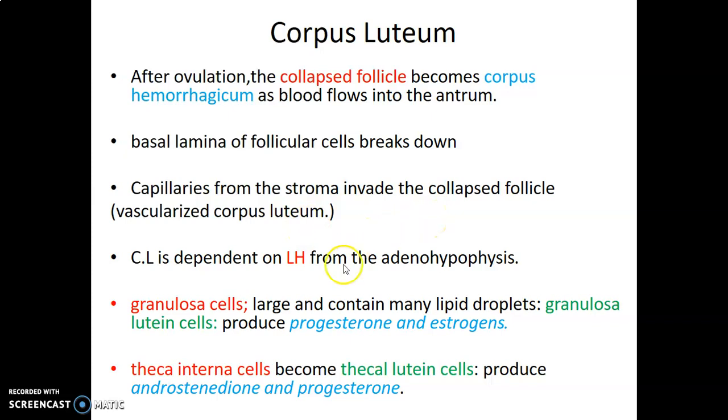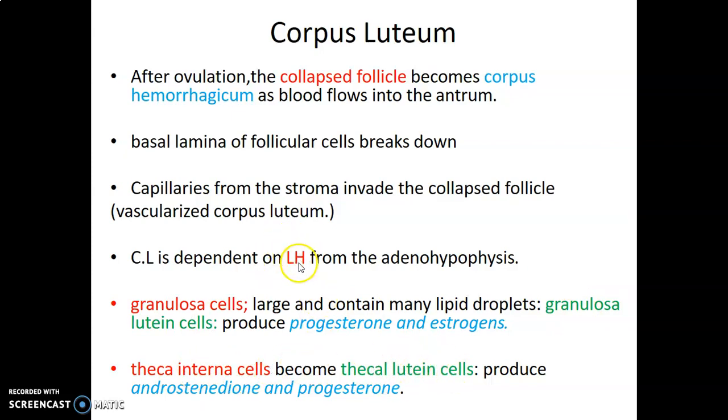This corpus luteum is supported by the anterior pituitary gland. Then the corpus luteum has two types of cells. We have granulosa lutein cells, which are large. These contain lipid droplets, therefore we call them lutein cells. They mainly produce progesterone and estrogen. We also have theca interna cells. These become theca lutein cells, and they produce androstenedione and progesterone. So those are the two types of cells that are dependent on luteinizing hormone. Granulosa cells now become lutein cells, and